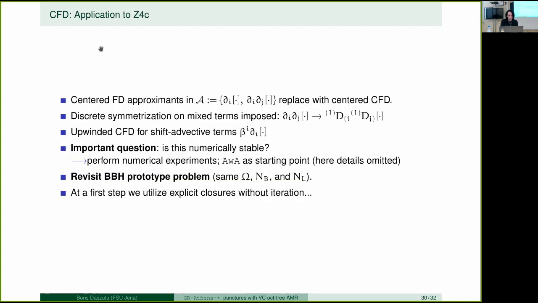So that's it. Let's attack the problem that we actually want to solve. How are we going to do that? Previously, we looked at these binary calibration problems and then this reduced thing. So let's go back and look again at the BDH calibration problem, and deal with the finite differencing by making some formal replacements. We'll replace the explicit finite differencing prescription with this compact stuff. As a first step, we will just utilize explicit closures for this problem because it's quite involved if you actually want to code that